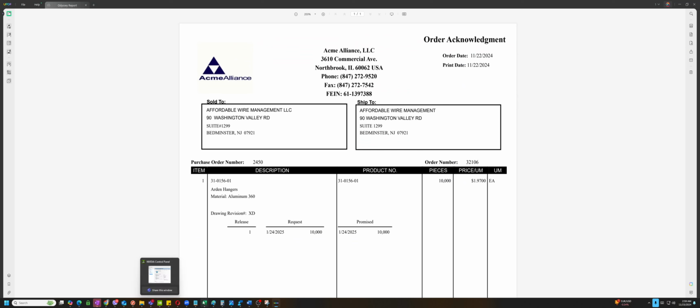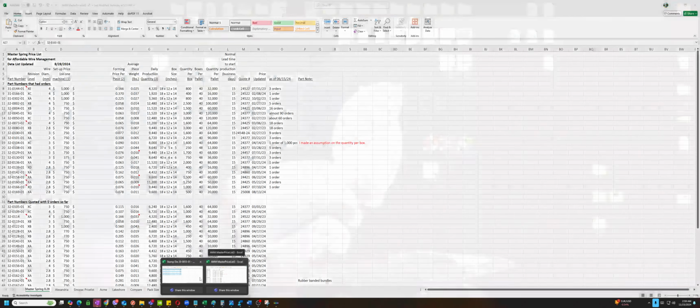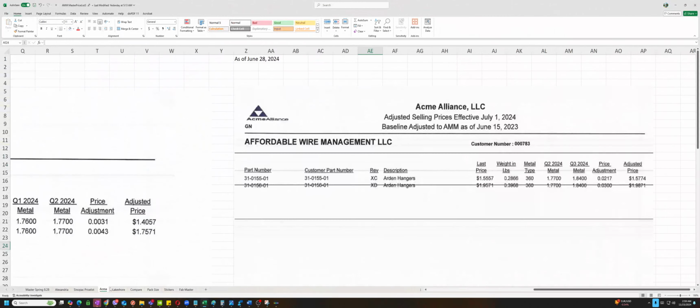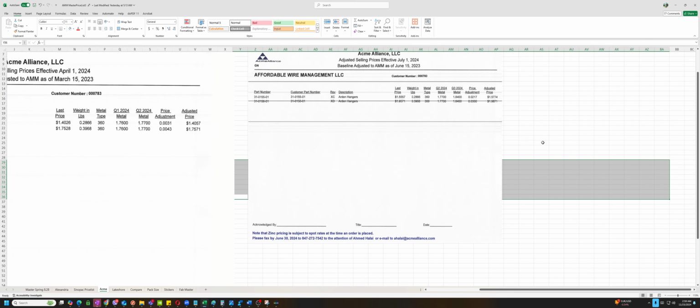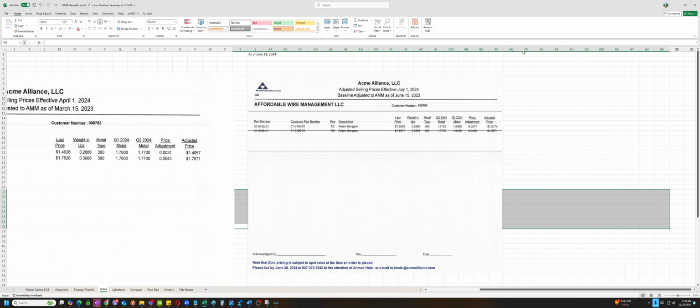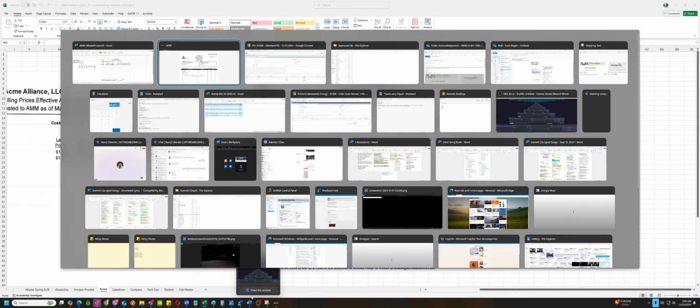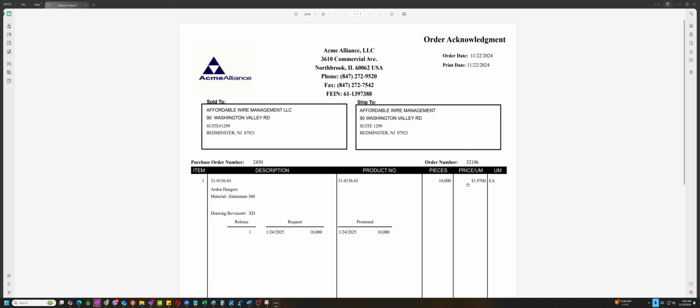Let me double check the price list. So as of June 28, 1.9871. So I am not sure if Sir Matt does have an updated price list, but the adjusted price is 1.9871 and the order acknowledgement is 1.97 only.